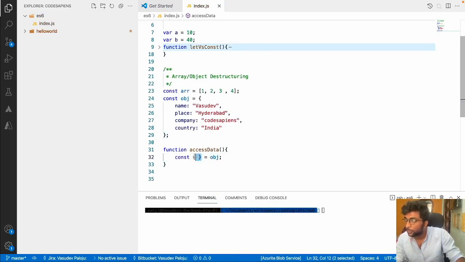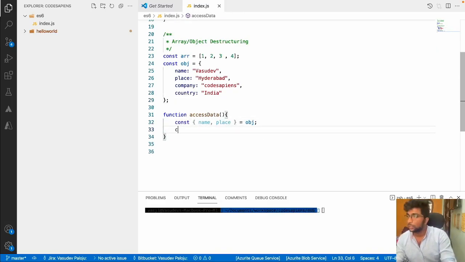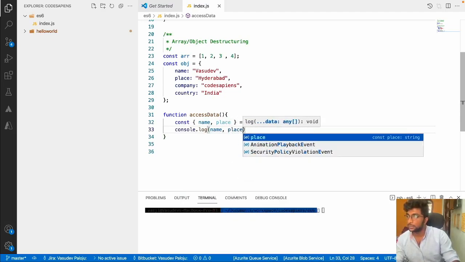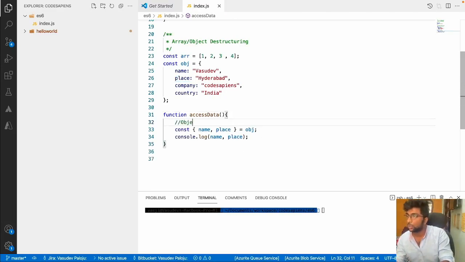So here I am declaring a const object. Now I am destructuring this particular object. How do I do that? I am just trying to access only the name property from the object, and I am ignoring all of the other data. So this way, name, place, right? Now if I do console.log name comma place, I'll be accessing only in this function's memory. I'm not storing all the data which I have fetched from the backend because I don't want to occupy too much of space, as my function is only interested in these two properties, right? So now this way I'm trying to access only the data which I'm interested in. So this is called object destructuring,